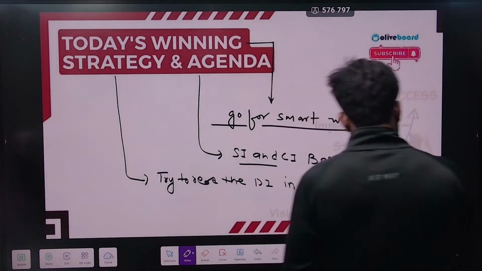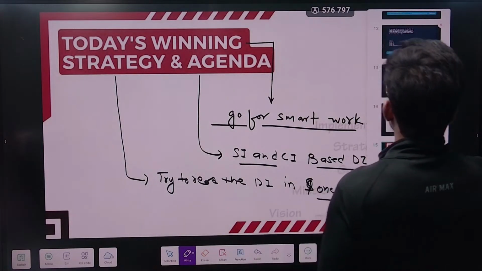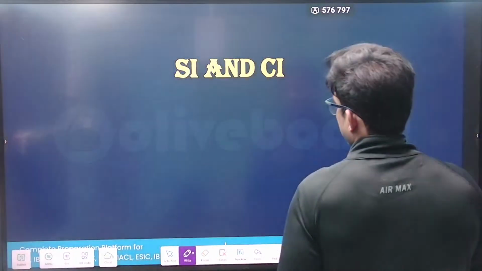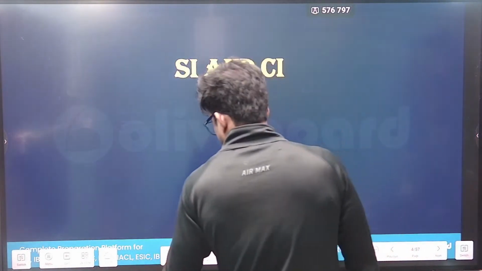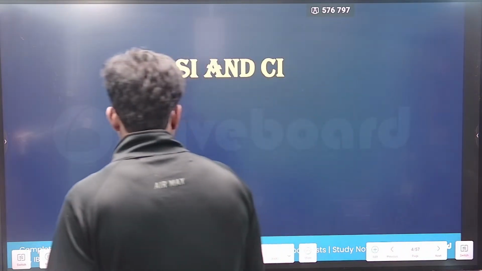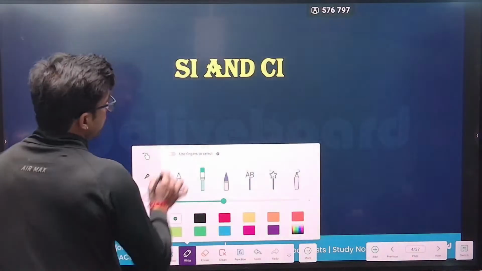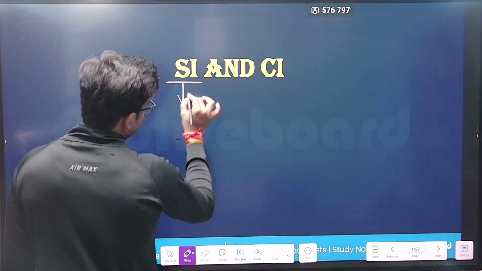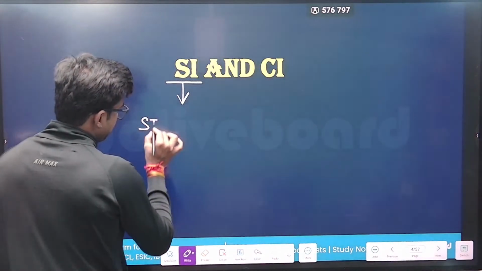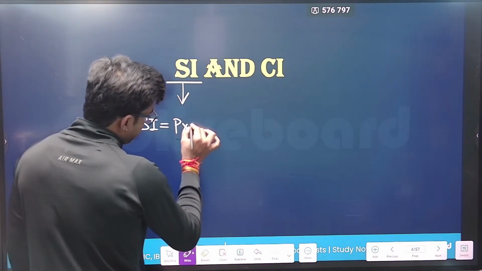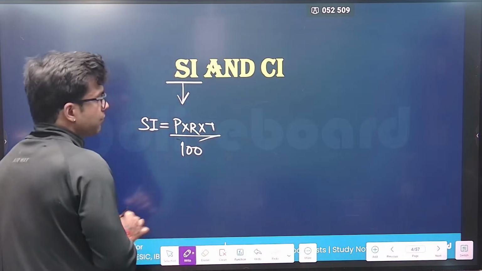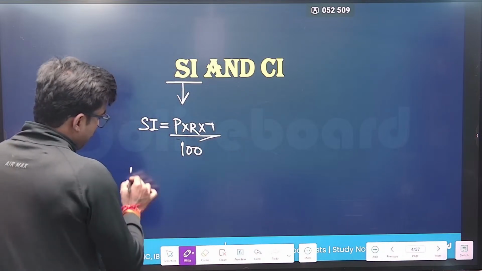Okay. So from here, I think we should start the first questions of DI today. So I think guys, I'm starting it. SICI. Before starting, let me clear some of the points. The formula for the simple interest, as all of you know, is what? Formula for the simple interest is SI is equal to P into R into T by 100. Okay. And you know amount is equal to